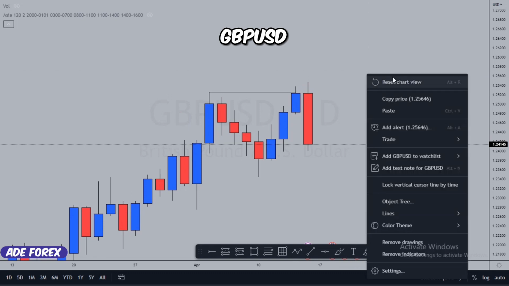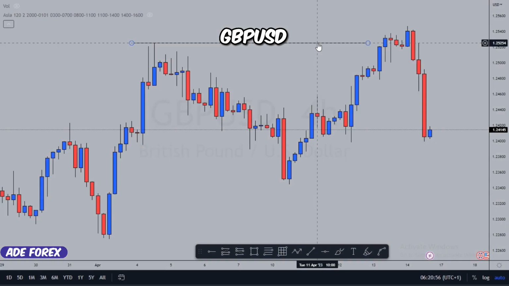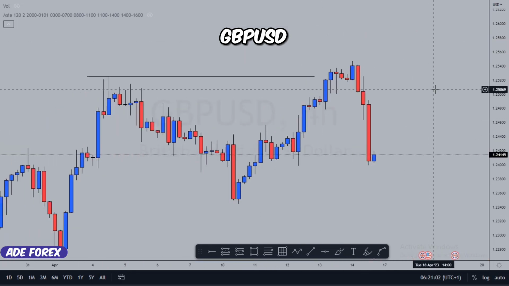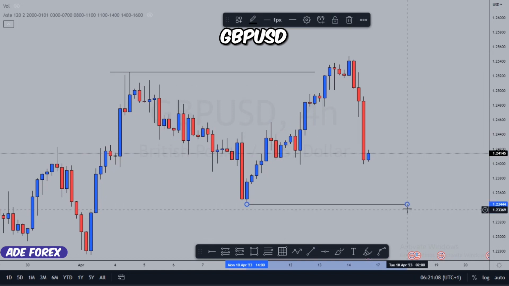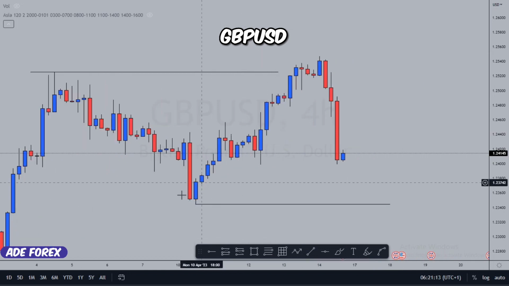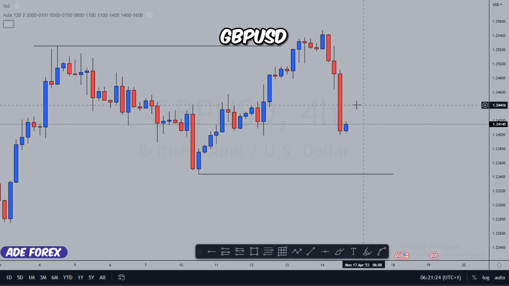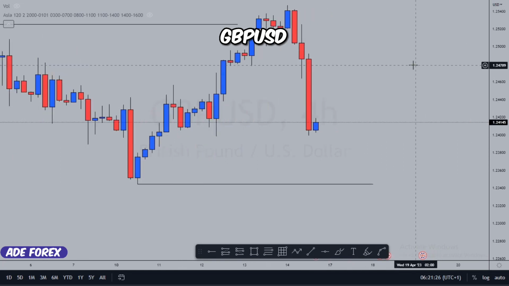So let's just go to the 4-hourly time frame. All right, so as we can see here on the 4 hours time frame, let's not complicate things, right? This is our daily strong low. So the market must not break this low. The market should not break this low. But if the market eventually breaks this low, then that's another story entirely, right? But let's just analyze what we can see here.